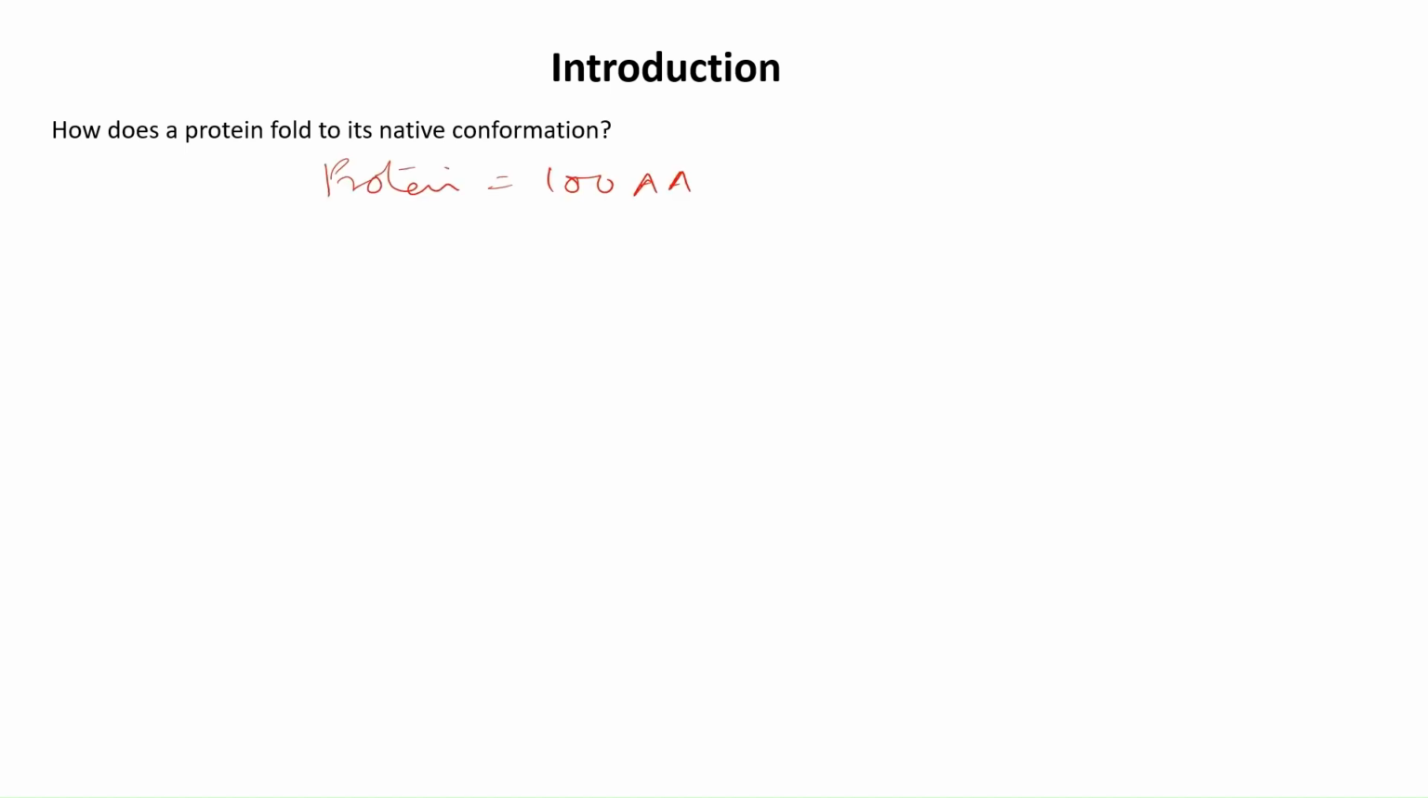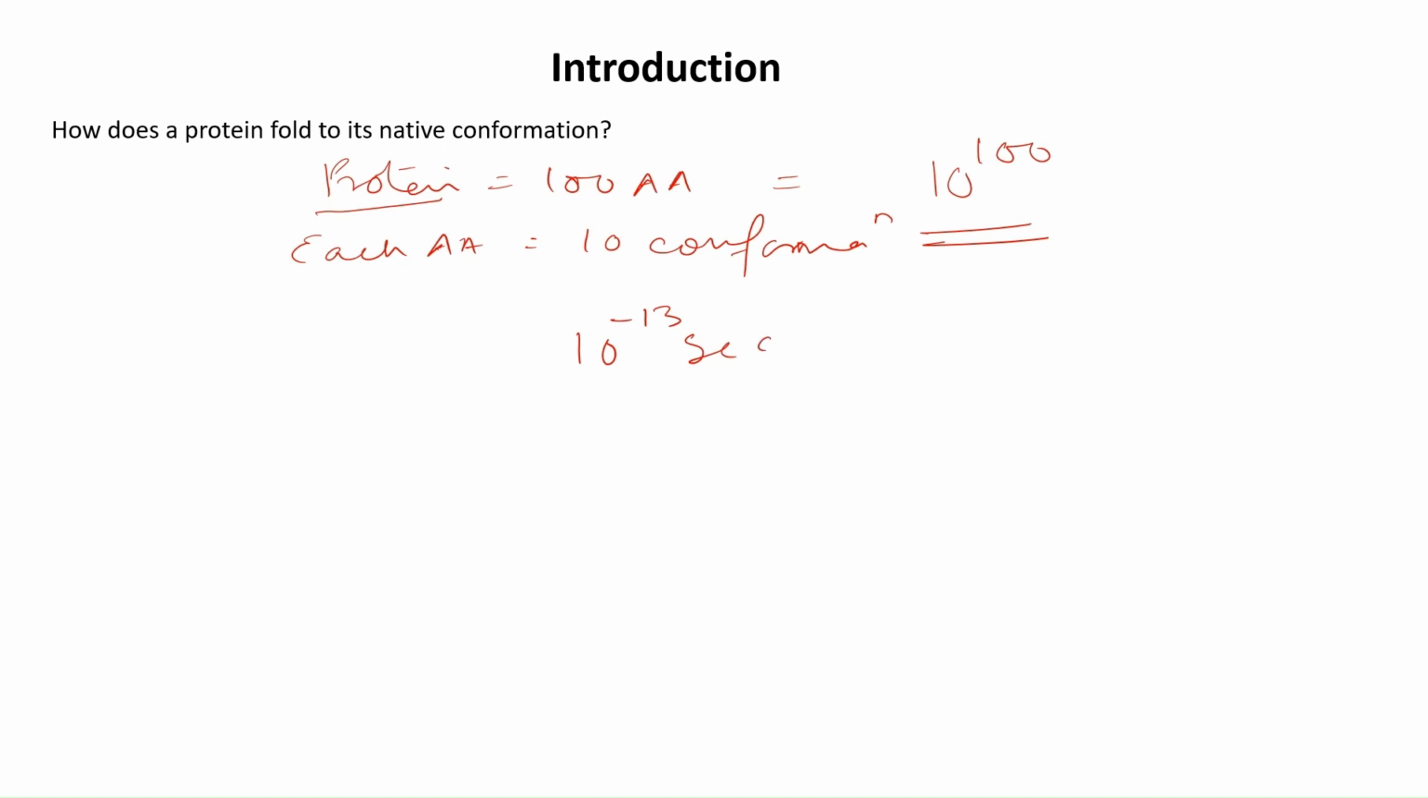Each amino acid can take approximately 10 conformations. In total, how many conformations can this complete protein take? That is 10 to the power 100. So many conformations. Now, for example, if 10 to the power minus 13 seconds is needed for a protein to check one conformation, then to finish this many conformations, it will take 10 to the